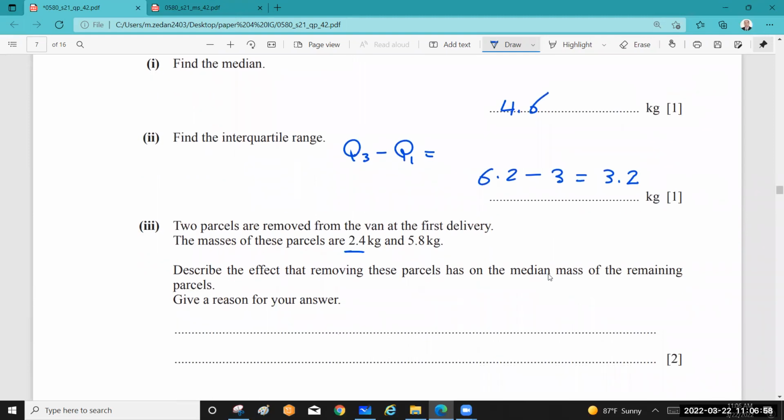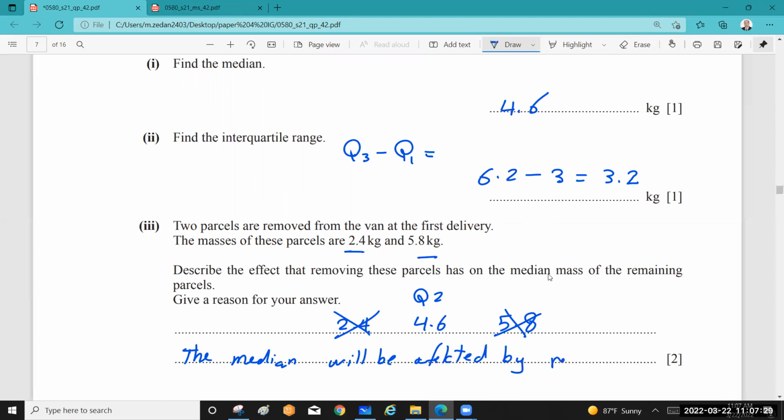These 2 values, one before the Q2 and one after the Q2, which is 4.6, the median. When you remove these 2, the median will not be affected. The value of the median will not be affected by removing these 2